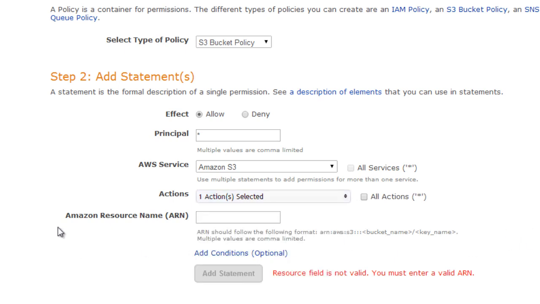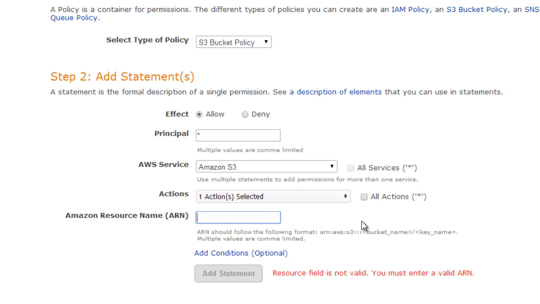Finally, we have to type in the Amazon resource name, or the ARN. The ARN refers to the specific bucket that you've created on S3, and the syntax for typing the Amazon resource name goes like this.